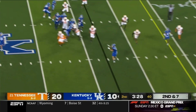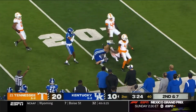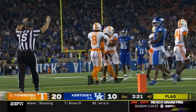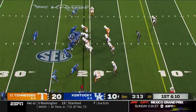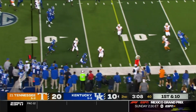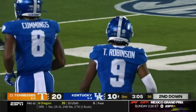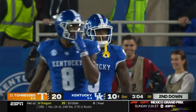Play fake and a rollout and a quick one to Josh Caddis, one of the tight ends, and he rumbles down toward the 20. There is a flag down back at the 20. Could be a double pass. Tavion Robinson instead takes off up the sideline toward the 15. I love that decision by Robinson. How many times do you see receivers get a double pass opportunity and they just...